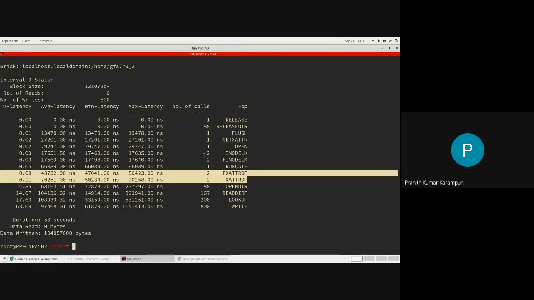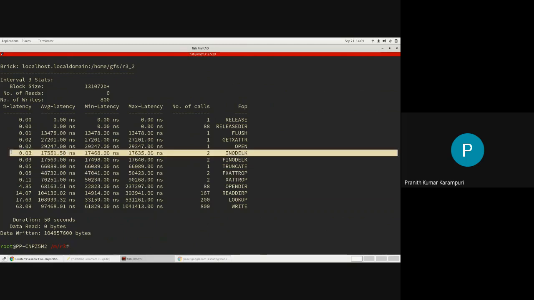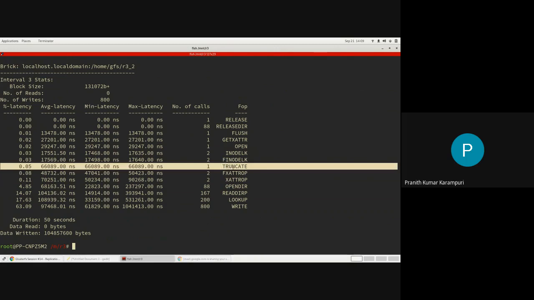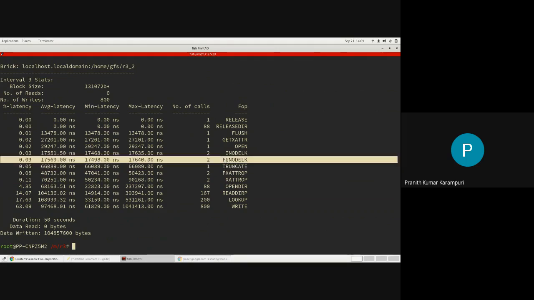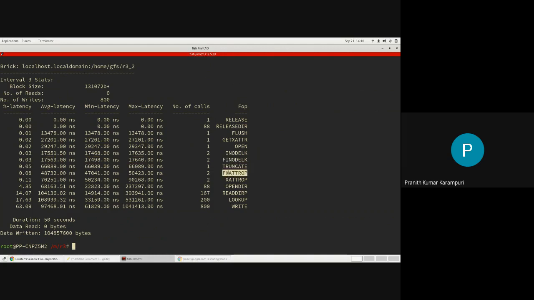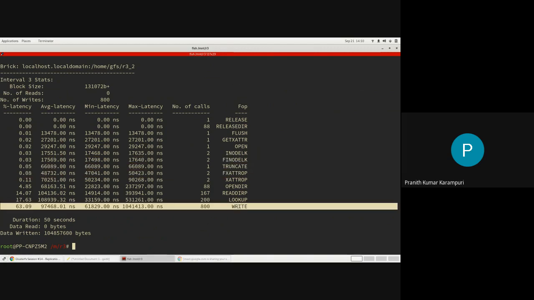You are still only seeing 2, even though the number of writes is 800. This is also an optimization where if a file already has a lock on the same client, you try to reuse the locks and the pre-op, post-op phases. They'll be reused. We'll also talk about that one.